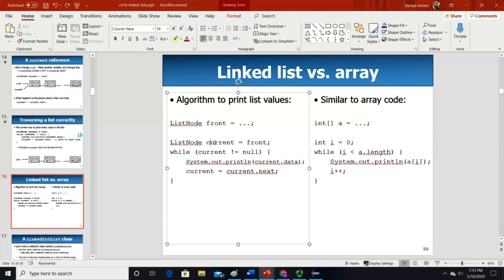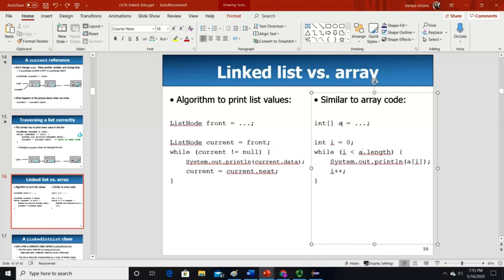To run your loop, you create current as a list node and assign front to it. You don't assign anything else to current, you assign your front or list, whatever name you have; over here it's front. If you change it to list, it will be list here. You just assign the starting position of your linked list to current, and then you run your loop as long as current is not null.